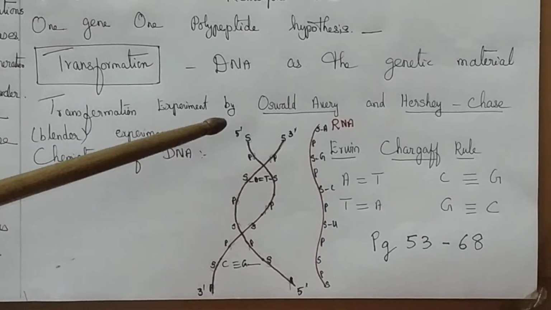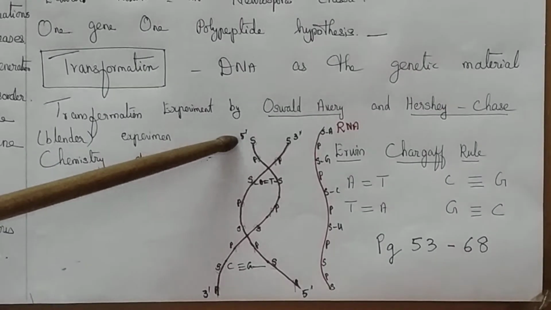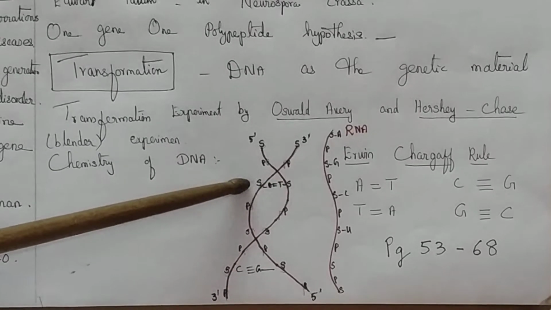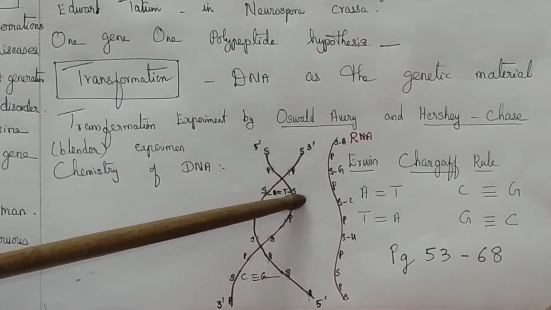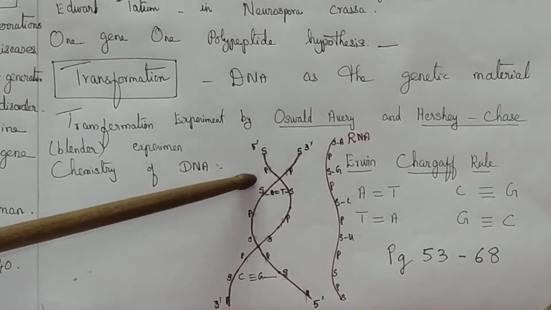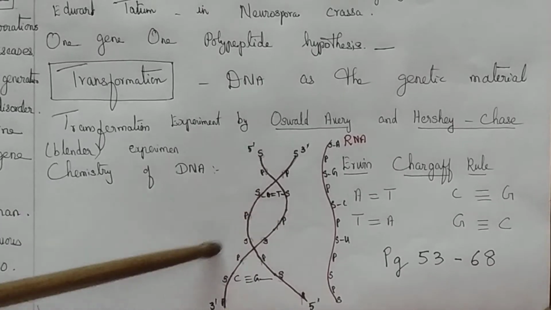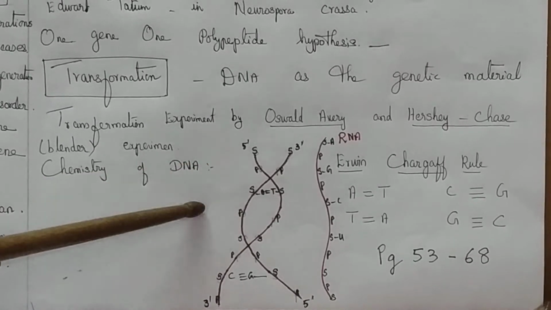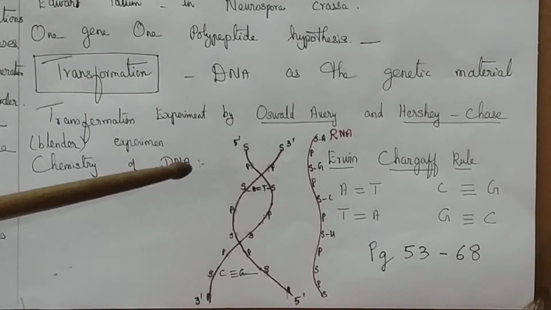What is a nucleoside? A nucleoside is a sugar molecule with a nitrogenous base. You can see here the sugar connected with the nitrogenous base, adenine, thymine. This is called a nucleoside. When the nucleoside is attached to a phosphate group, it is called a nucleotide. Many nucleotides are present, which is why both strands of DNA are referred to as polynucleotide strands. This structure is given by the Watson and Crick model of DNA.